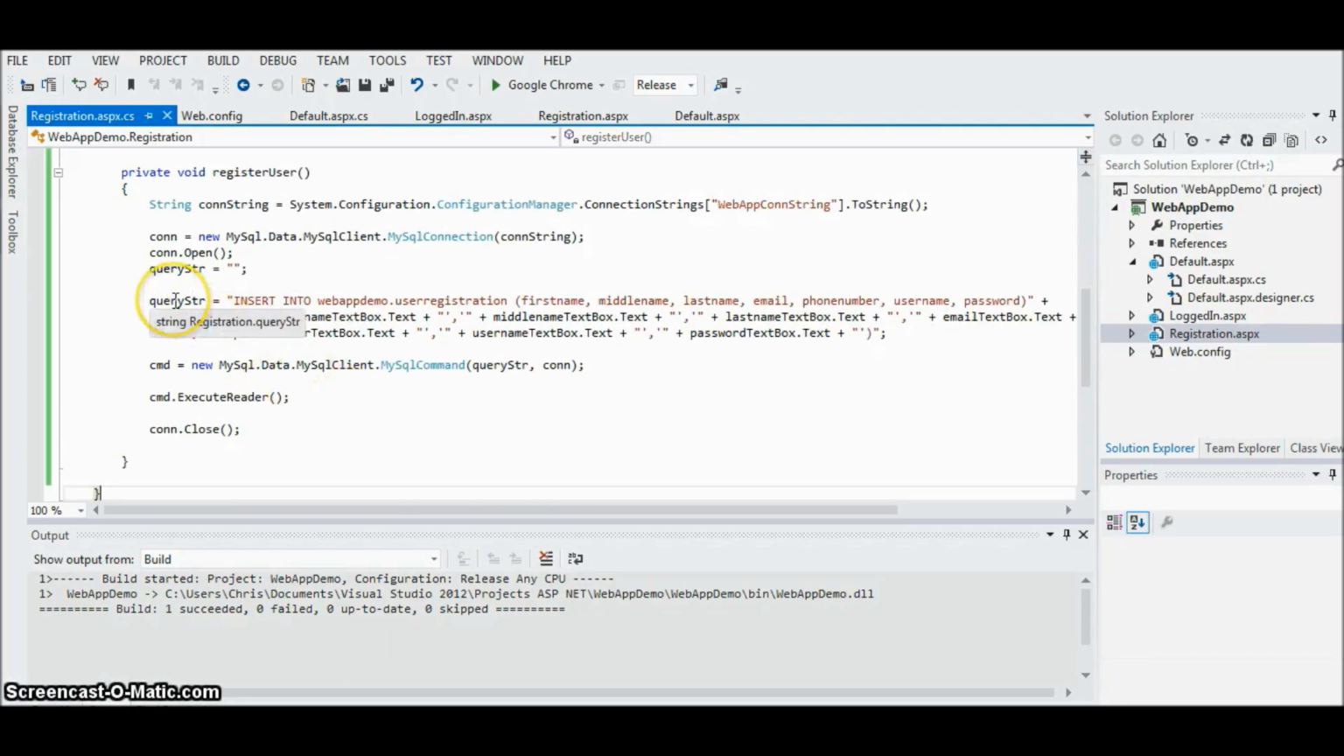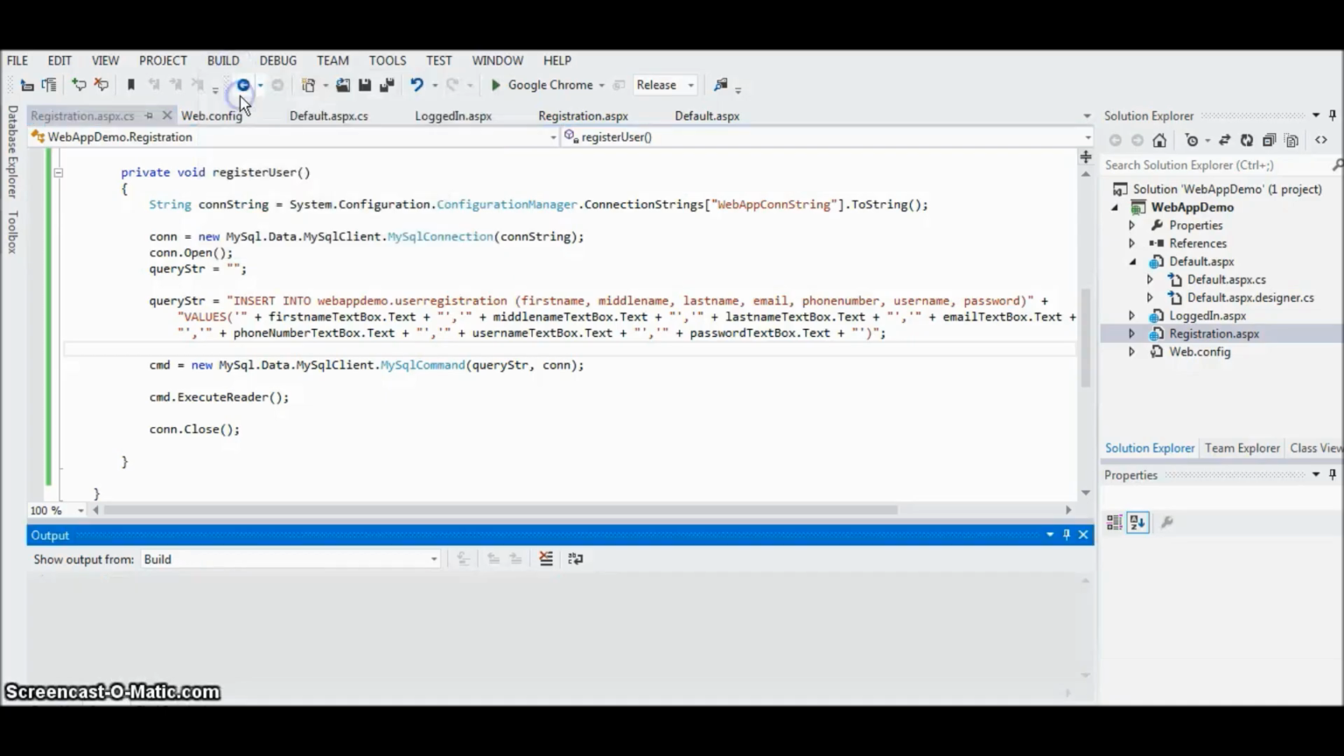FYI, I'm going to show you guys later on the correct way to write to the database, because I'm going to use this type of string structure for logging in, but you'll see later on how this is vulnerable to SQL injection attacks, because I don't do any input validation. I'm just passing in the user's input as is. But just for demonstration purposes, this is basically what you would need to do to write to the MySQL database. So now if we rebuild,